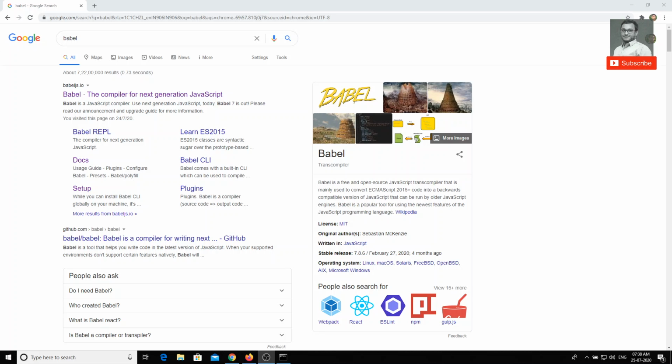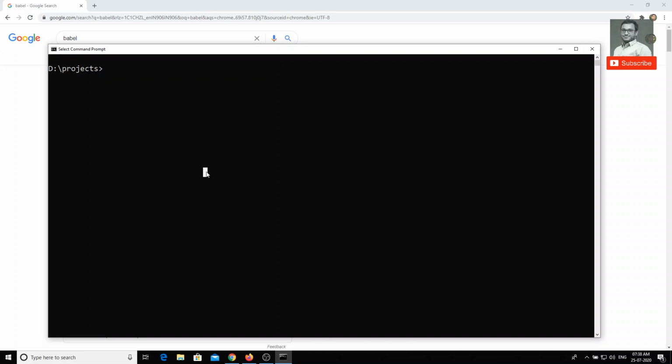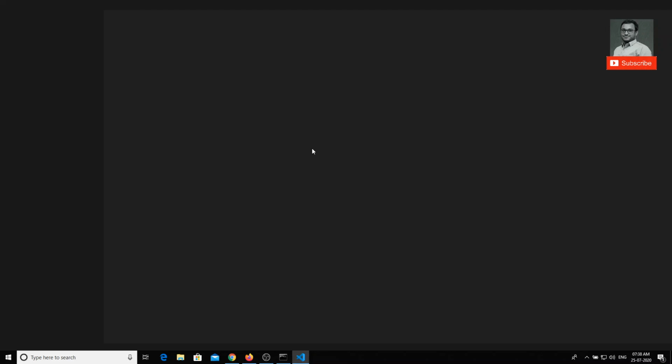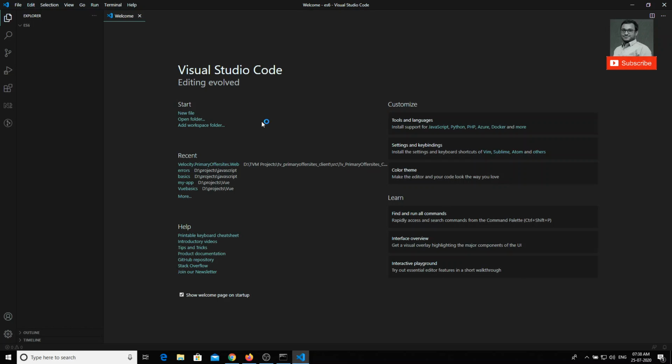In order to work on multiple files, I will show you how we can write the code in an editor and execute it as a project. To write the ES6 code, I am going to a folder. I will create a folder called ES6 and go into it. Now let's open this as a new project in the editor. I am using Visual Studio. Here the project folder is ES6, and right now no files are present.